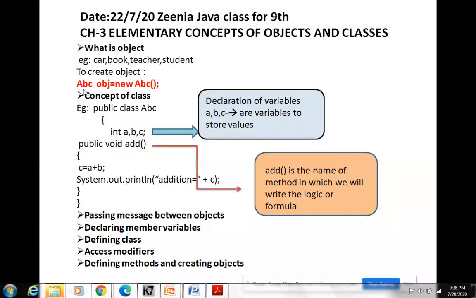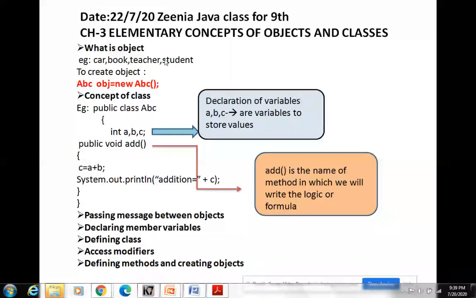So this red line is showing you that ABC is the class, like this is the class ABC. If I want to create the object, the name can be anything. I told you obj, obj1, a1, any particular name, your name can be the object name. See, an object is anything which has some characteristics and behavior. It is written in your book also that it is an identifiable entity that has some characteristics. Now, what are characteristics? See, characteristics are the values which differentiate one object from the other.